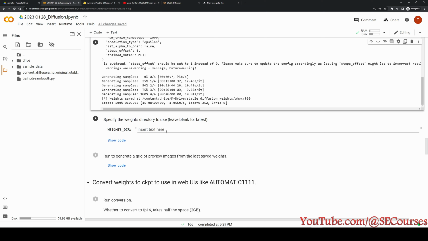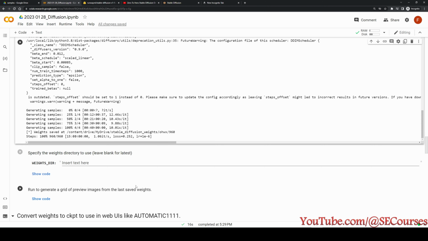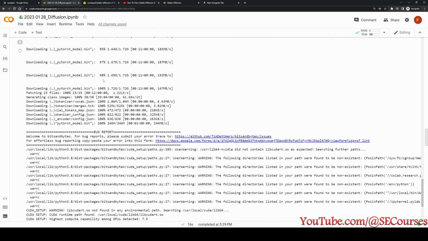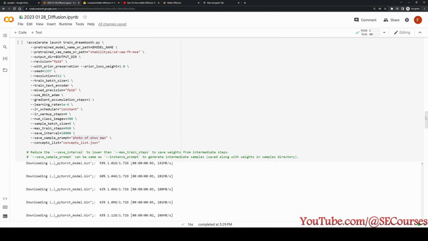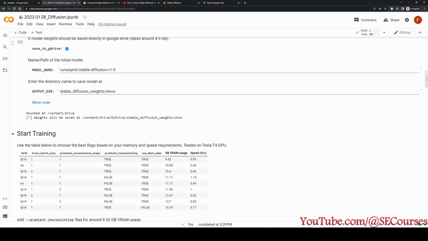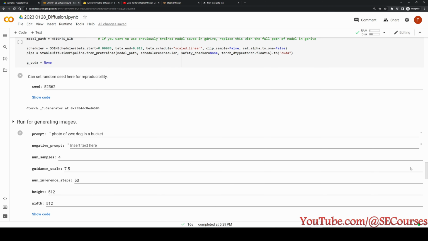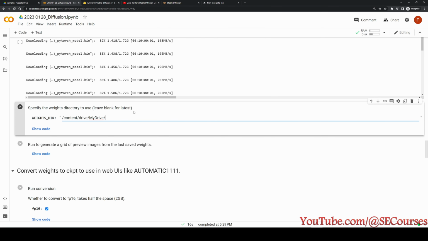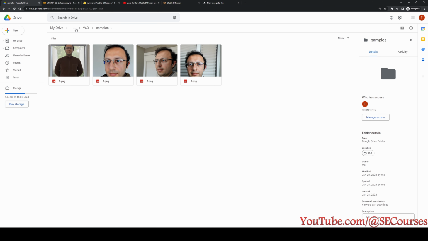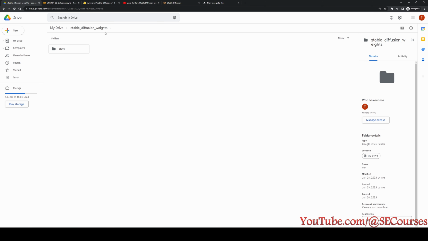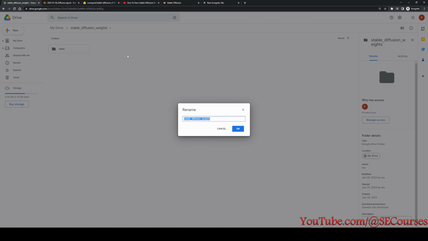And now, how am I going to give the directory path to generate images after a restart, after we have closed our browser and started again? So this is the weights directory. In here, I am going to enter the path of my weights, which is going to start with content drive, my drive. Okay, I will just manually type for you to understand. You are going to use this path every time to access your Google Drive folder, and inside here, where are my weights located? You see stable diffusion weights in here. This is the folder weight we got.